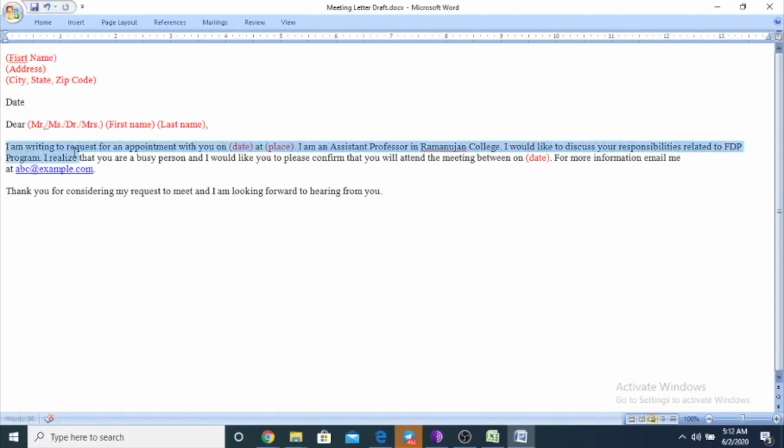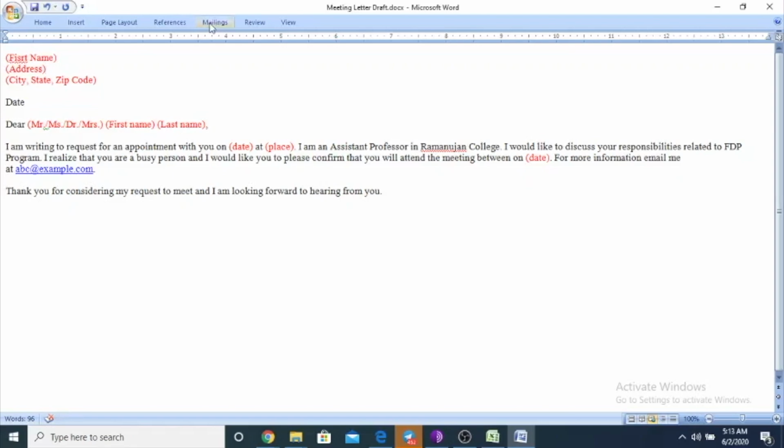The black text is the common text for all recipients, and the red field text is the text which is different for each individual recipient. Okay, so how am I going to do the mail merge activity?